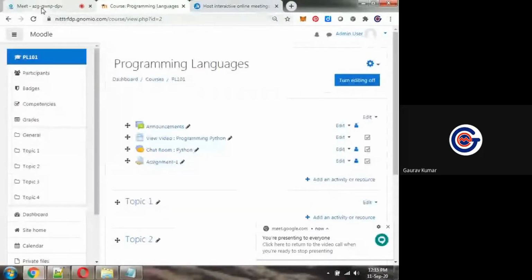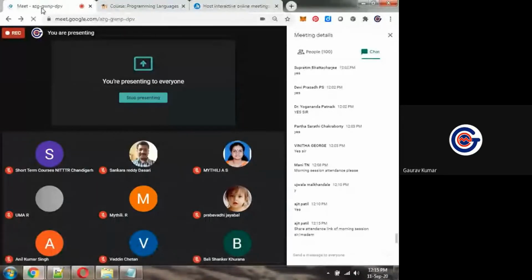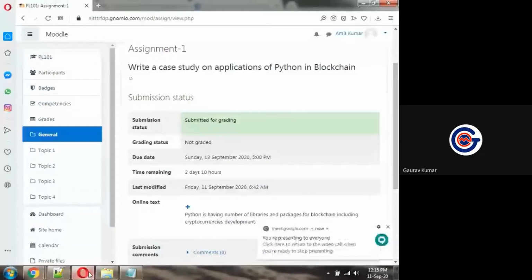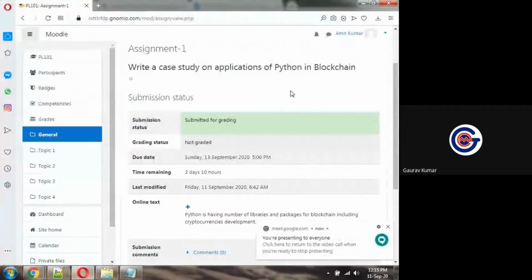Okay, now I will come to my student account. I will see as a student. Okay, now I will become Amit Kumar, a student. I will see how many marks were given by my teacher and what is the comment. Now I am opening Opera. Okay, and this is my teacher, this is my student account, and in my student account I will refresh this